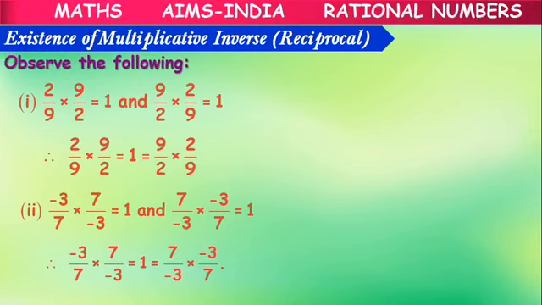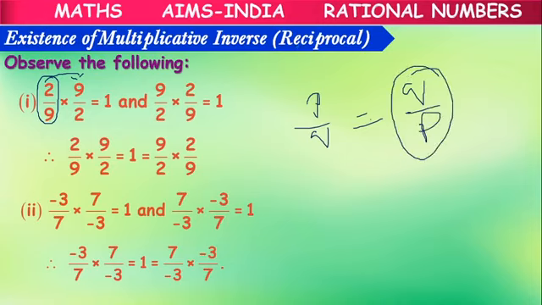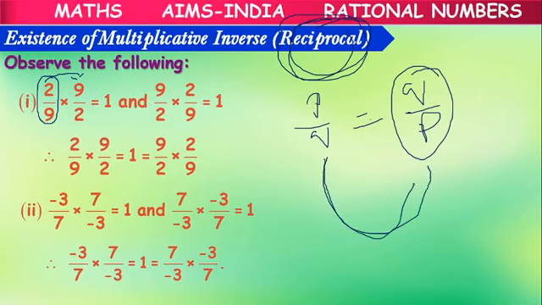Now see one more thing. Here I have 2 by 9. Now I am taking the reciprocal of 2 by 9. What is reciprocal? P by Q is there; doing it in reverse, the denominator becomes the numerator and the numerator becomes the denominator. Writing like that is called reciprocal or reverse. The reciprocal of a rational number means the numerator and denominator will interchange, will exchange their places. Now 2 by 9 is a rational number.